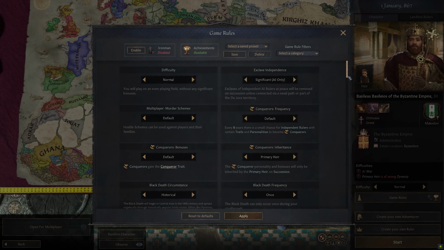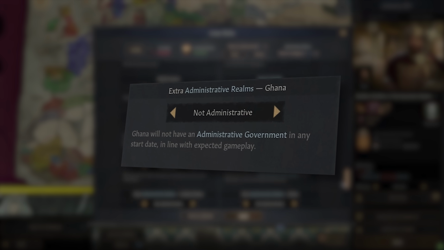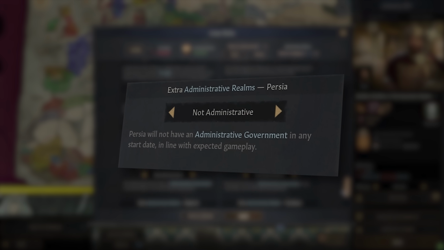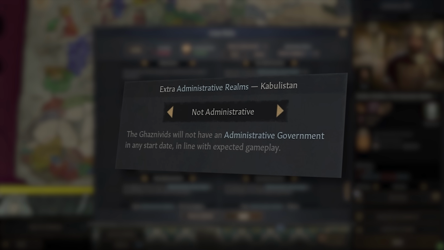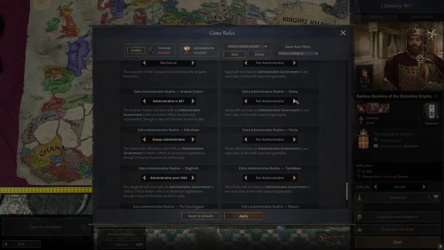On game start, Byzantium is going to be the sole candidate for having administrative government, but we do have some game rules to allow you to add it to more realms as well, essentially where they were civilized or bureaucratic enough for it to be applicable. So we do allow you the option of expanding the admin toolbox to more places than just Byzantium. It's aimed at modeling more of a burgeoning nation state, a certain type of state that's a little bit different than the interpersonal relationships that you see with feudal rulers.